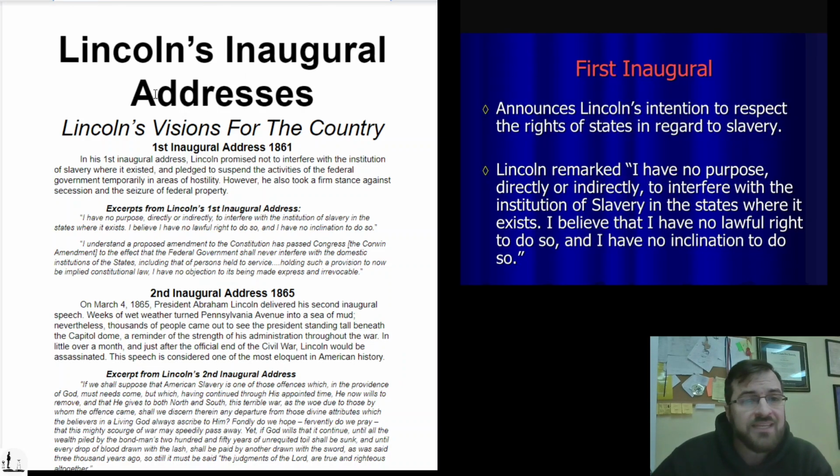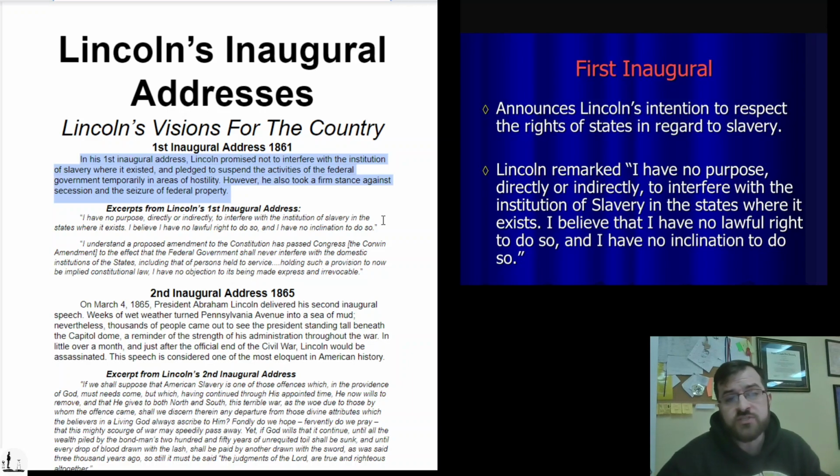In Lincoln's first inaugural address, Lincoln promised not to interfere with the institution of slavery where it already existed, and pledged to suspend the activities of the federal government temporarily in areas of hostility. However, he also took a firm stance against secession and seizure of federal property. The federal property he's talking about in this instance would be Fort Sumter. So his first inaugural address basically